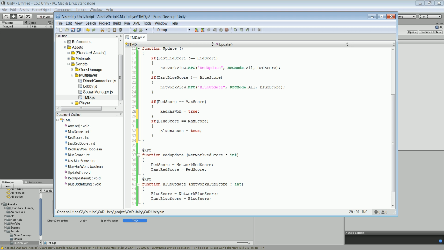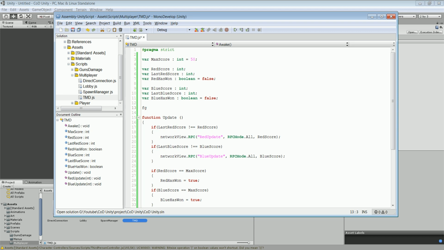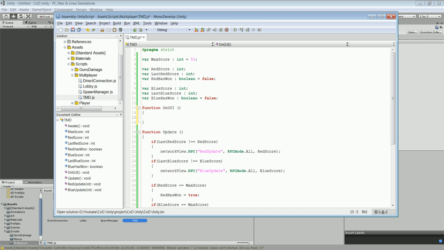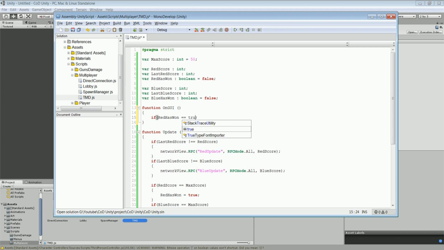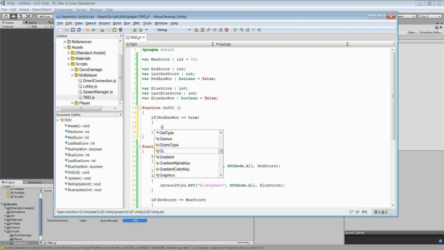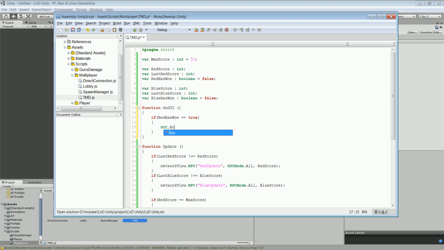So you can really easily check it here, and if this is true and this is true, we'll just make a GUI, OnGUI, and this has to be if red team has 1 equals true, then GUI.label, or just take a box. No, let's do label. No, take a box now. I'm just kidding. Rect,